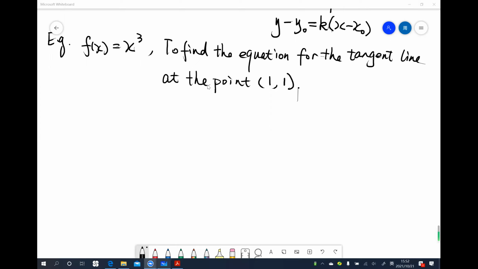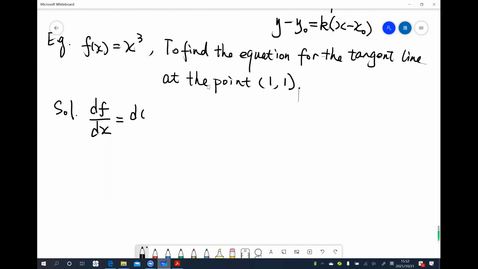Okay, I think it is not hard. So first, we have to know the tangent slope of the tangent line. So first we calculate the derivative of the function. So we know here, first step, we have to know df by dx. So now we know that is dx power 3 by dx. And we use the power rule here. That is 3